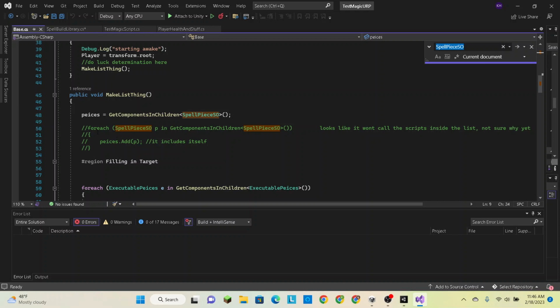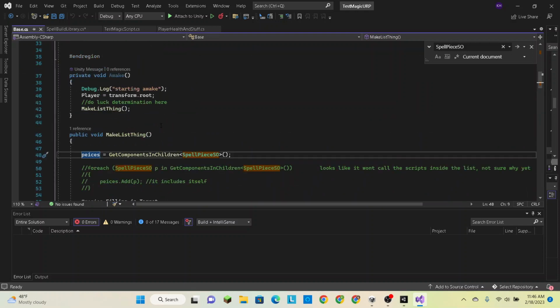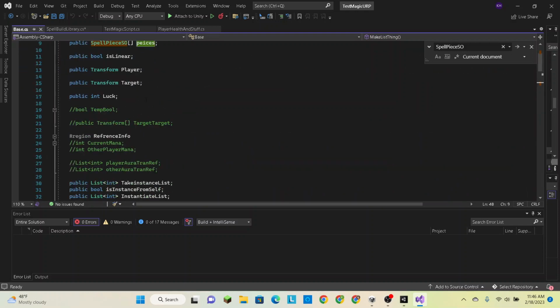Geez, this is a little bit more complicated than I remember. Pieces equals get component children spell pieces SO. This wouldn't work for some reason. This doesn't work, I bet. Okay. Well,